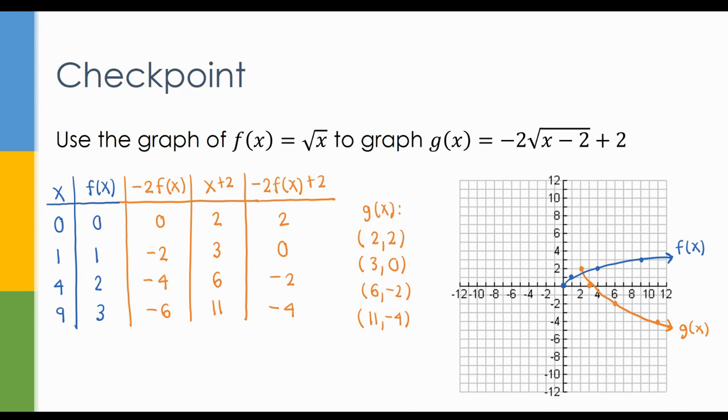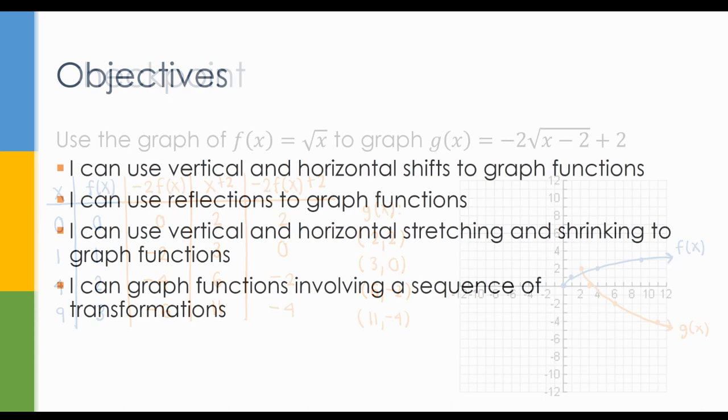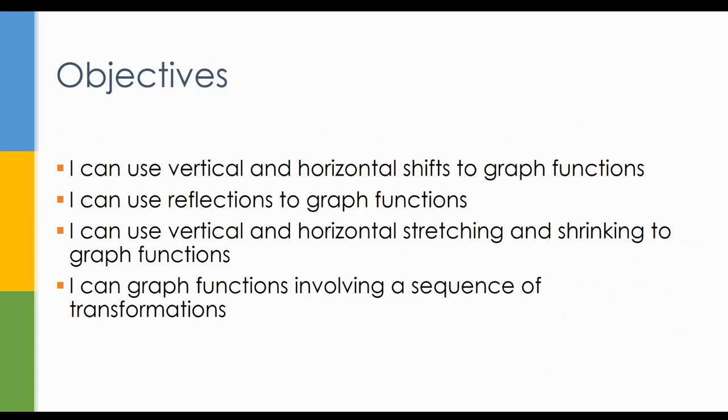And then we had not only a reflection, so that's why my graph is upside down, but we had that 2 out in front, so it's a stretch. And then we had both a horizontal and a vertical shift. So once again, that's us using all the different shifts, the reflections, the stretching and the shrinking in order to form our new functions based off of